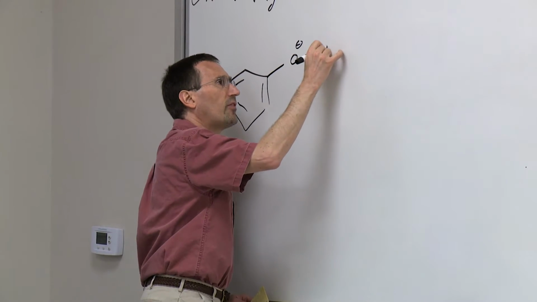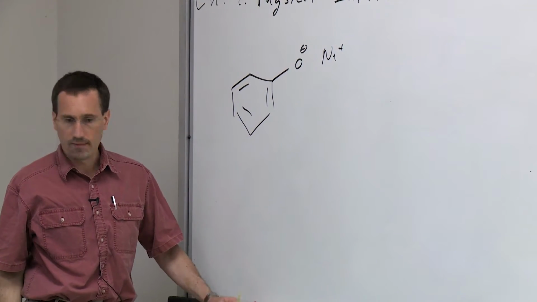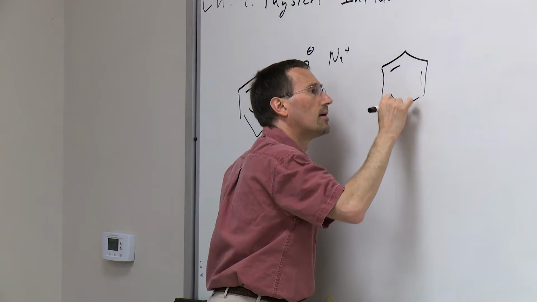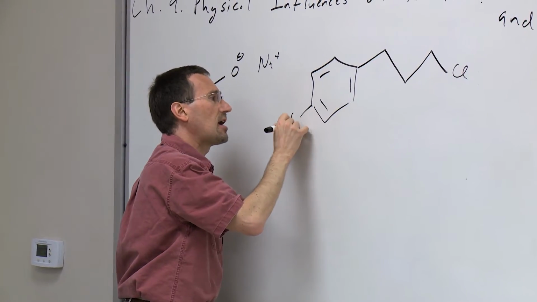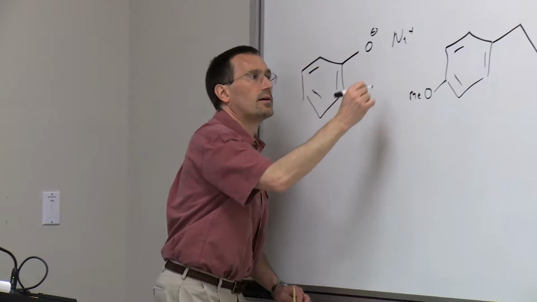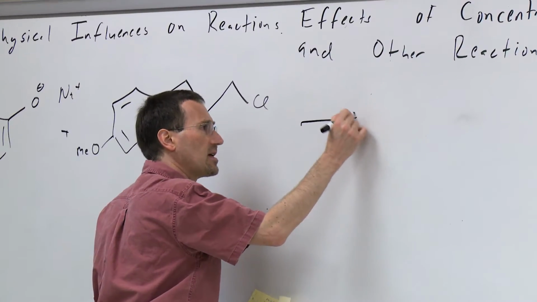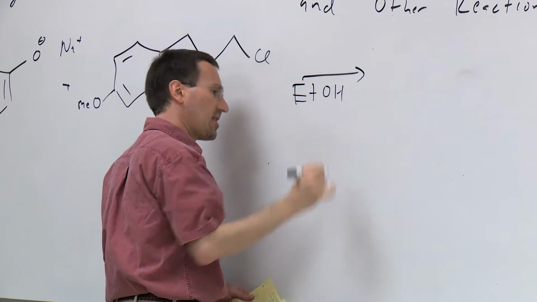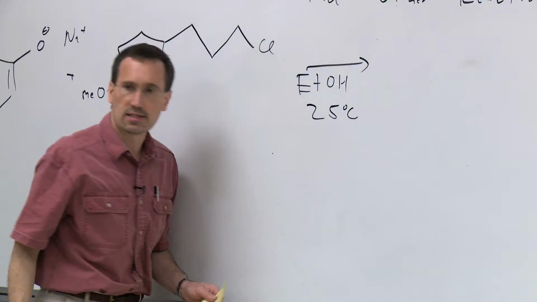And you have, let's say, the sodium salt of phenol, and you have, let's say, this alkyl chloride, and you want to do a Williamson ether synthesis, and let's just say we run this reaction in ethanol at 25 degrees Celsius,